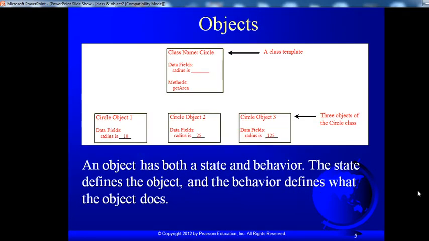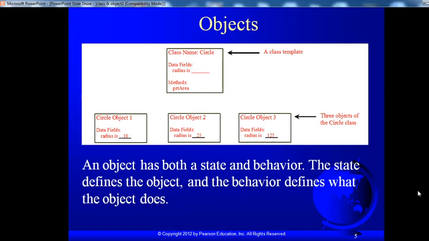See the object. What actually is an object? Here a class template is given: the class name is Circle, the data field required for that circle is radius, and the method is getArea.